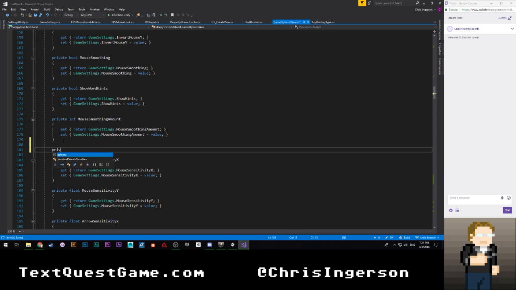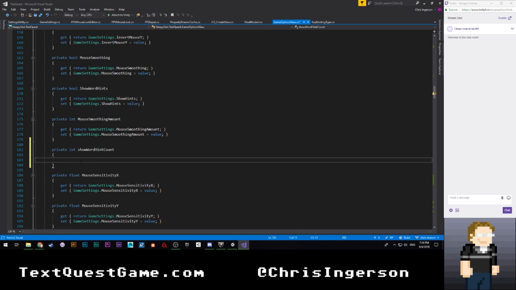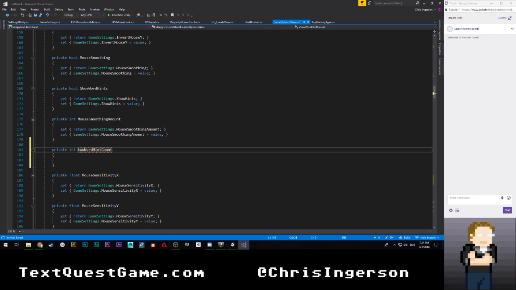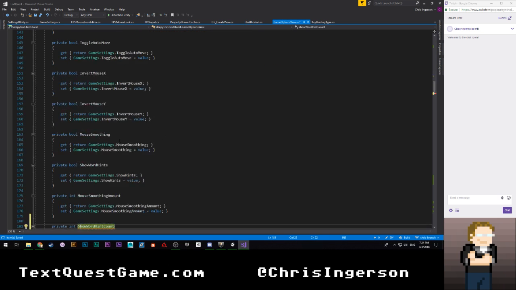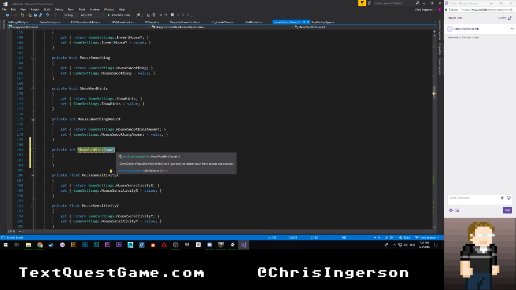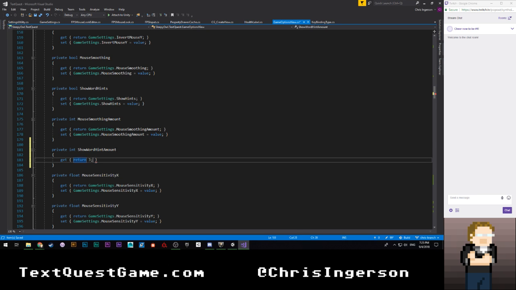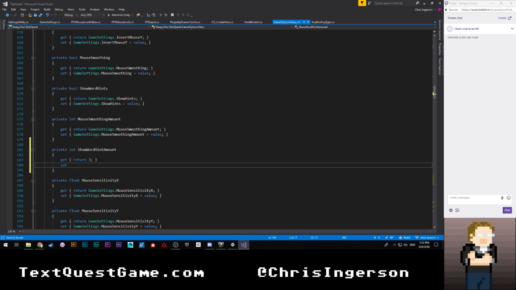Okay, so we're going to say private int hint, what is it, show word hints, show word hint count, or I guess amount is what I called it. And yep. So instead of count, it's going to be amount. Get return 3 for now versus set